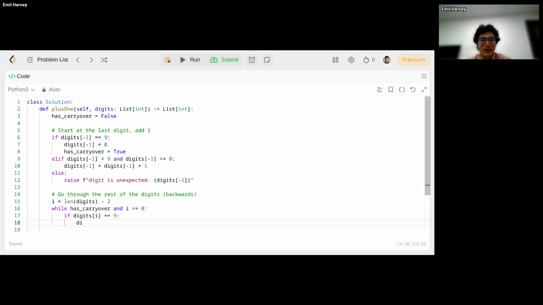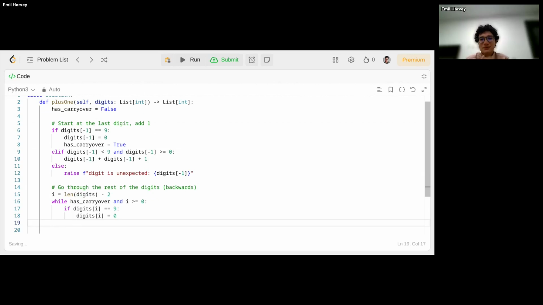When I was working on this last night, I almost copied and pasted the code from above, but there's actually a small difference, and we'll see that in a second. So the digit at i is 0, right? That makes sense. Yes, 199: last digit becomes 0, second last digit becomes 0.